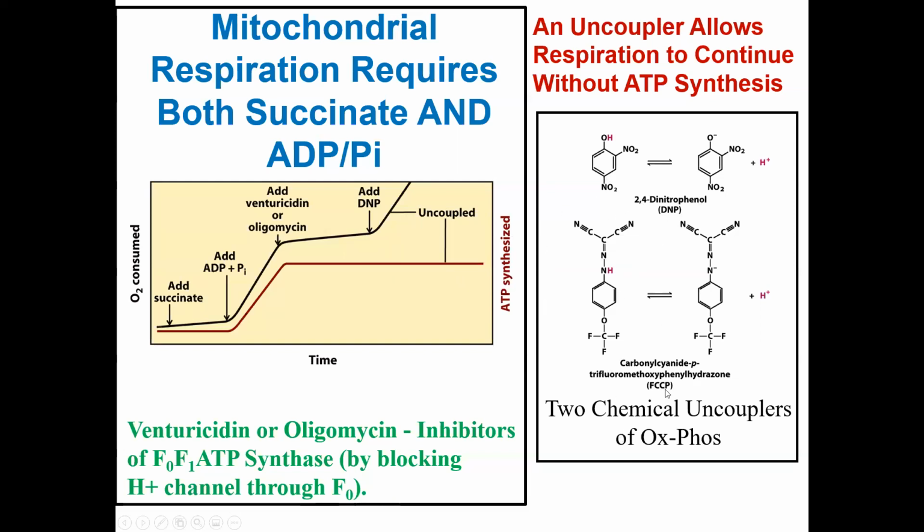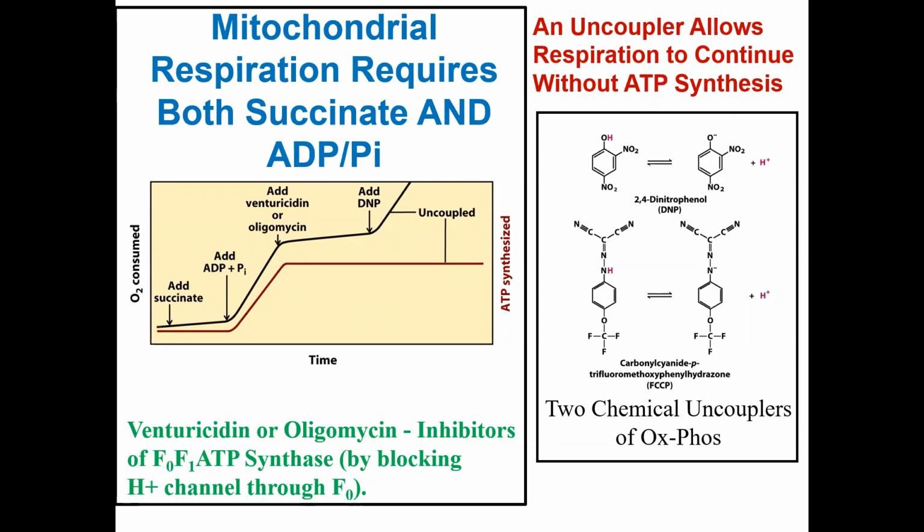If you look here, there are two structures shown: 2,4-dinitrophenol, DNP, and then FCCP. It's basically a phenylhydrazone derivative. If you look closely, you will see that one proton in each molecule is shown in pink, and that's the dissociable proton. At physiological pH, there is an equilibrium between the protonated form and the unprotonated form, as shown here on the right. So both of these molecules, DNP and FCCP, have a dissociable proton.